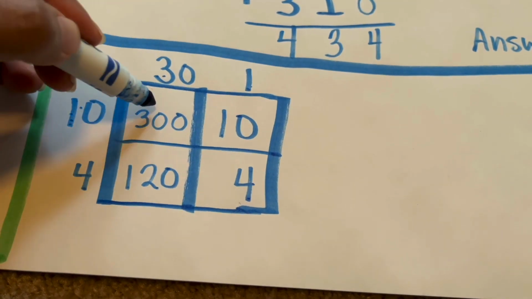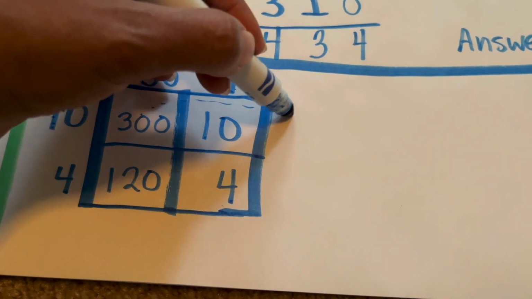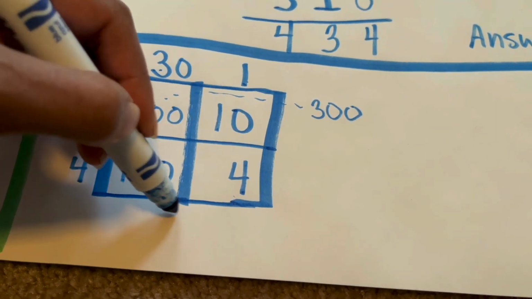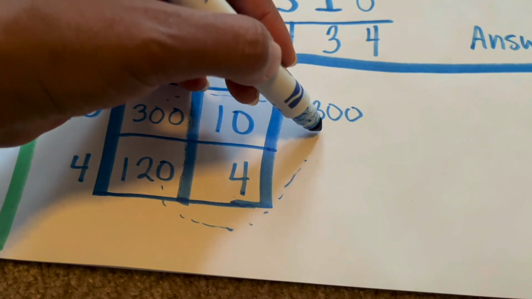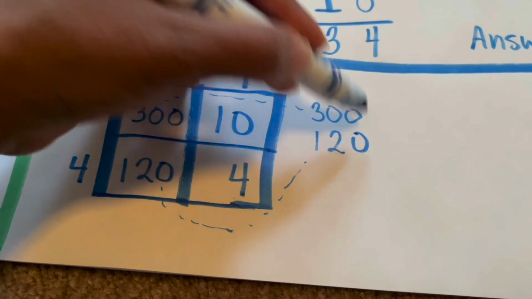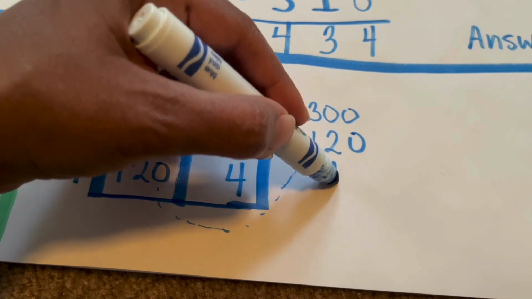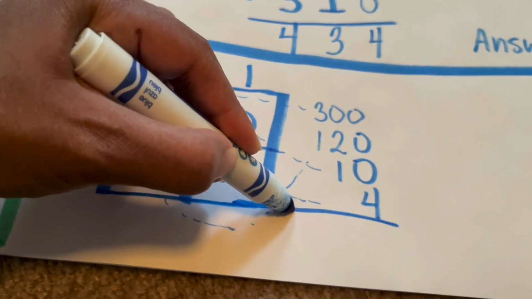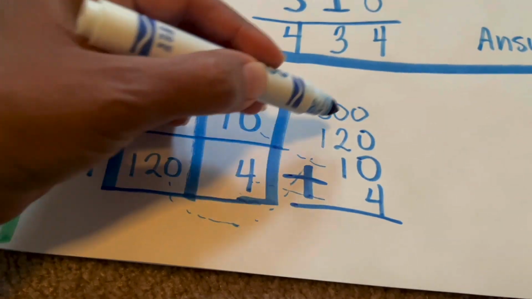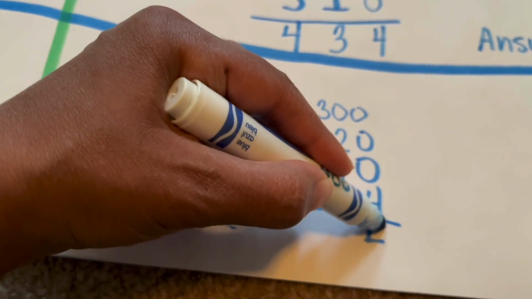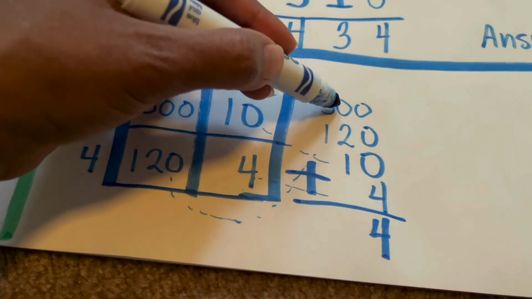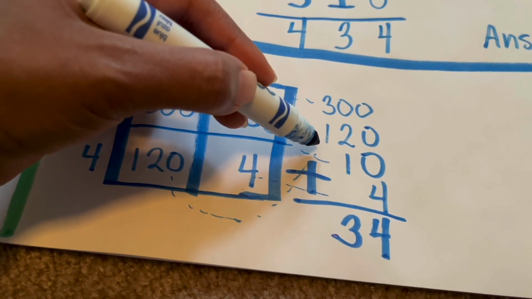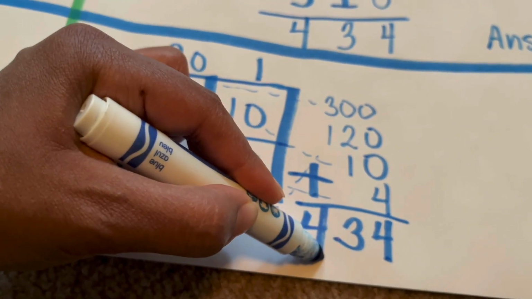Now what I'm going to do with all of these products, these partial products, is line them up, and I like to line them up from greatest to least. So there's 300, there's 120, then there's 10, and then of course 4 on the bottom. Then I'm going to add them all up, all these partial products. I get 0, 0, 0 plus 4 is 4, 0 plus 2 plus 1 is 3, 3 plus 1 is 4, and that's in the hundreds place. And there's my answer,